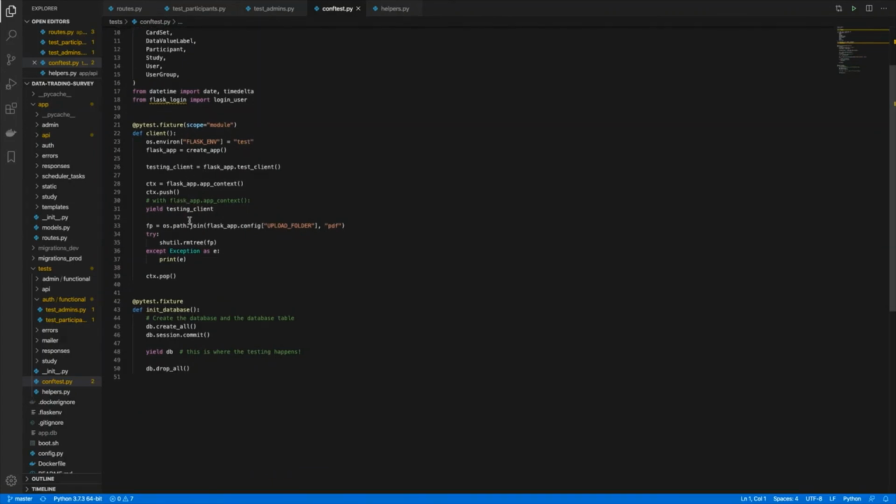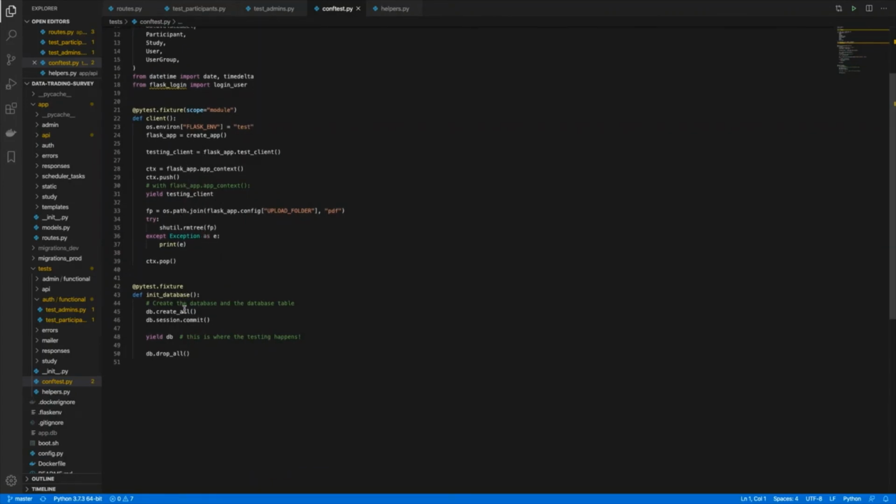And we can create this app and also create an instance of the database. So where this yield command happens is where the testing takes place, and then after the test is finished, all of the database is dropped. So the data from previous tests won't affect the current test.